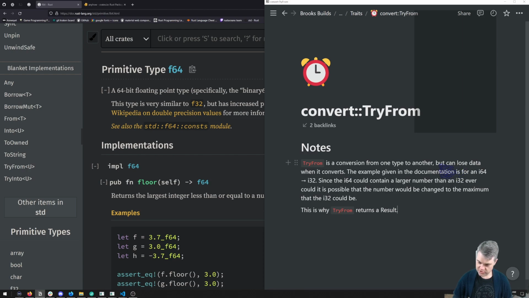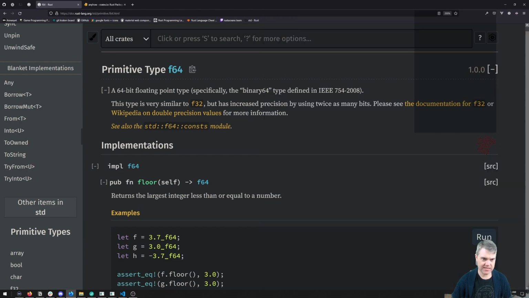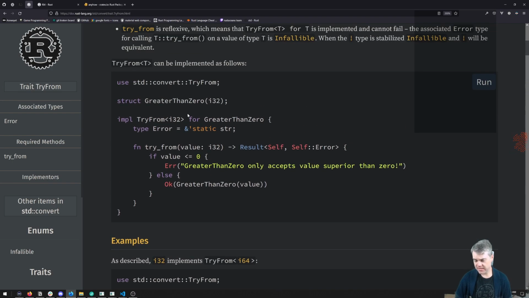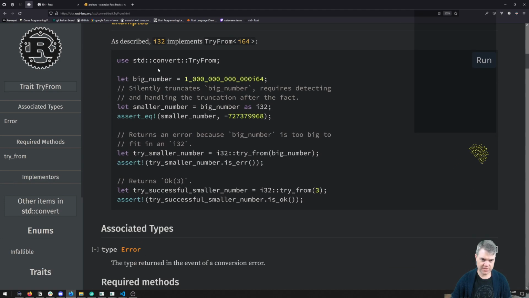So this is where TryFrom returns a result. I mean, it can be a little bit tricky. I don't know if there's anything else we really need to deal with there. Let's continue down. I guess there's the generics, but that's going to be a little bit tougher too. So, examples. I32 implements TryFrom I64, so we can see